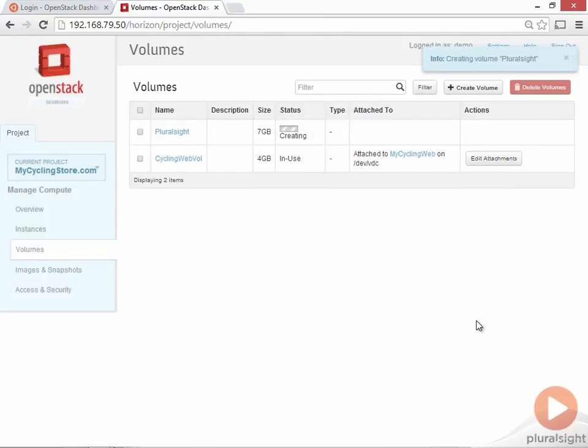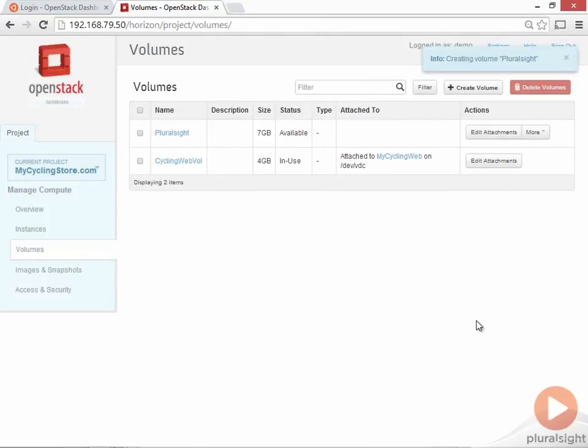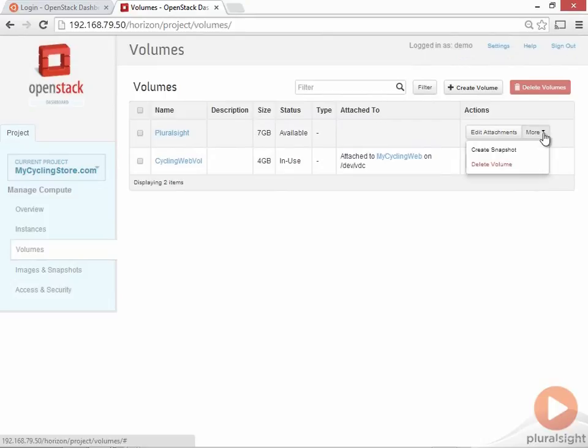So it's going to go and work away, and luckily this delivers all of our information through Ajax right in the front end, so we can see as it's happening. And now we look, and there's our Pluralsight volume, and we have a couple of options. We can either create a snapshot of it, or we can delete it, or let's just say that we wanted to go and